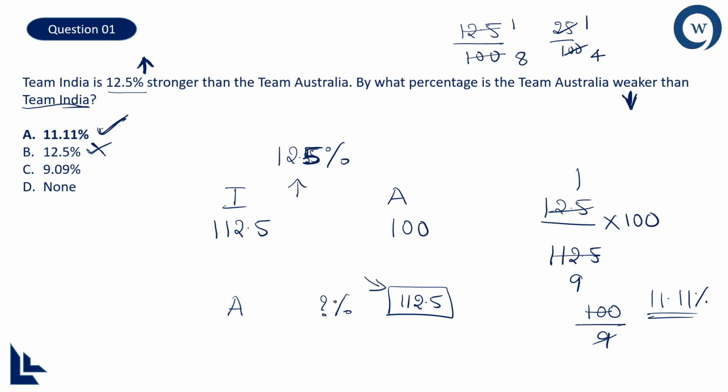So in that case, the thing you need to understand is your value should definitely be lesser than 12.5. So it will not be equal to 12.5 and it will not be more than 12.5. It has to be lesser than 12.5, and that's the reason option B can be eliminated. And if any answer choices are there which are more than 12.5, that can also be eliminated without any mercy, because the answer will definitely be lesser than 12.5. So your answer is 11.11. So I hope this particular problem is clear to all of you, and we will move on to the next problem.